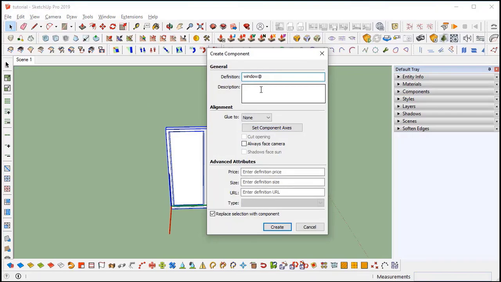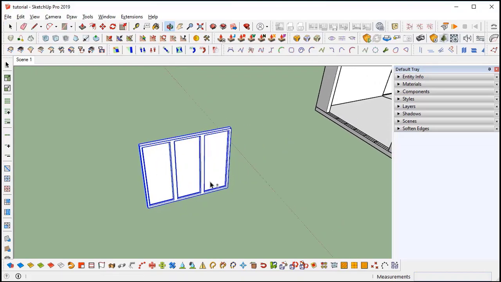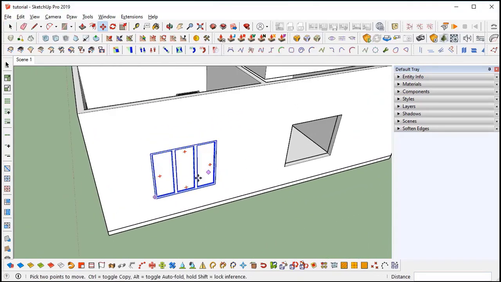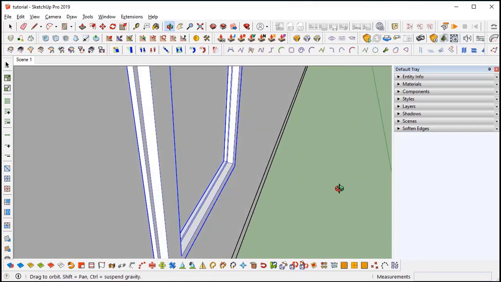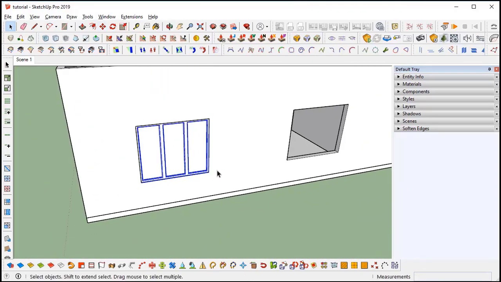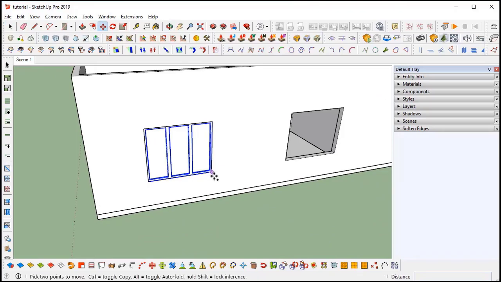It's 5 by 6, like 6 feet by 5 feet. Now move it to the original position and move it inside a little, like 1 inch. Now I am going to copy the same window to other places as well.